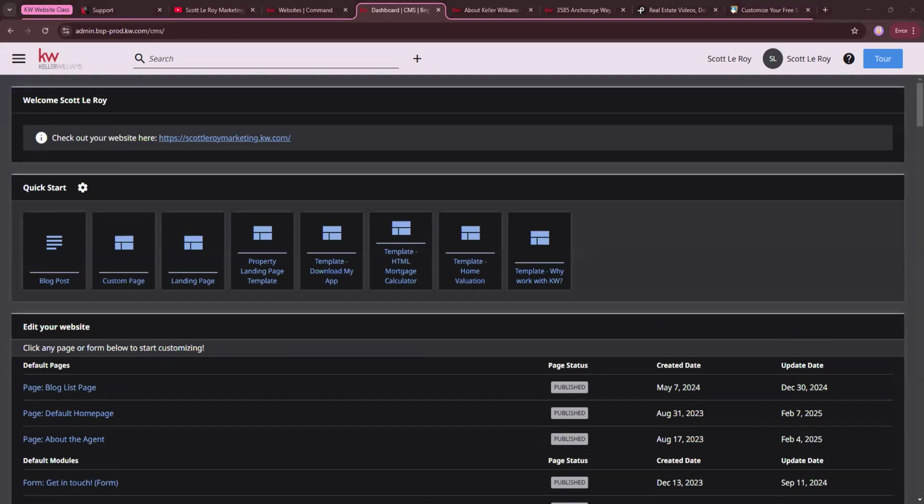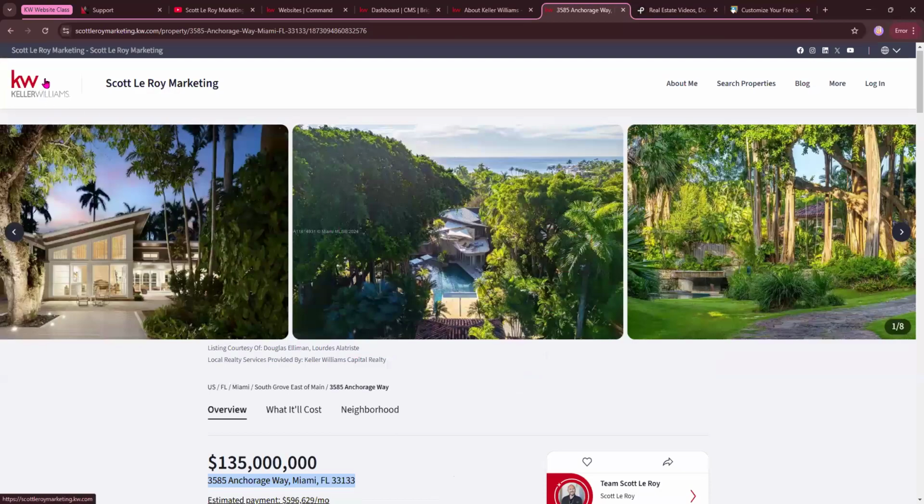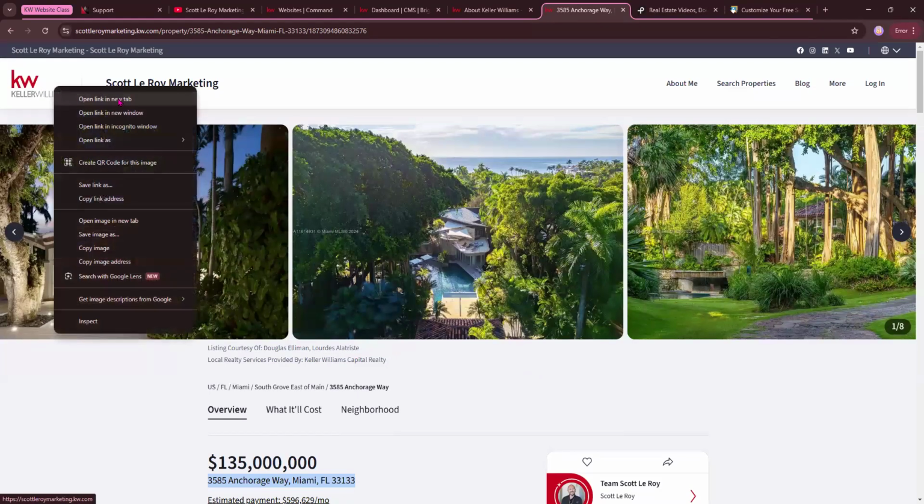The next thing I want to create with you guys is an open house sign-in sheet, okay? This one is super easy. Again, this one is actually not created within this dashboard. It's actually created on your actual KW website. So if you were to come to your basic website,